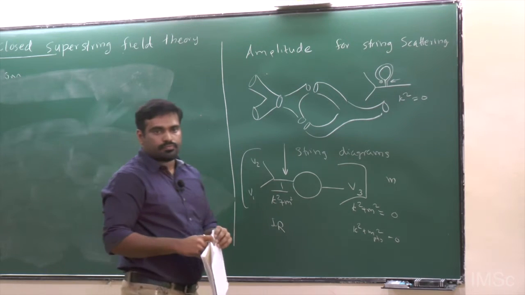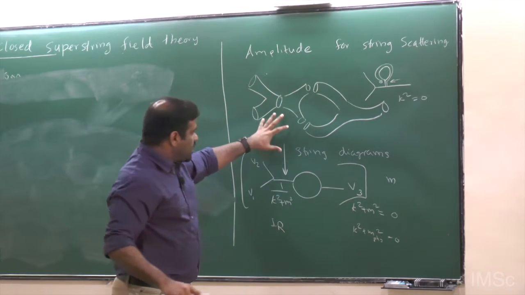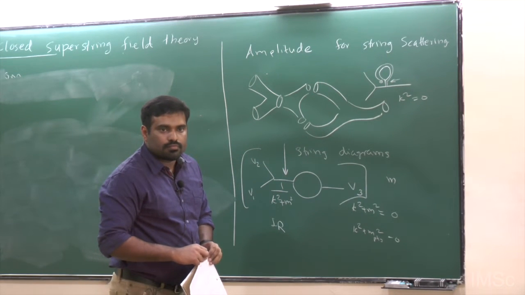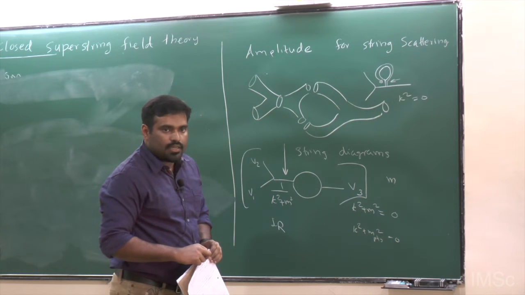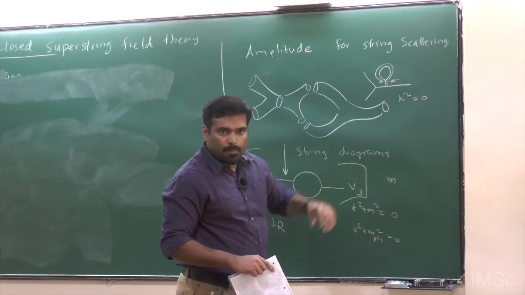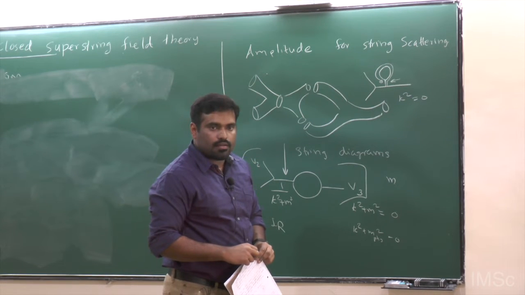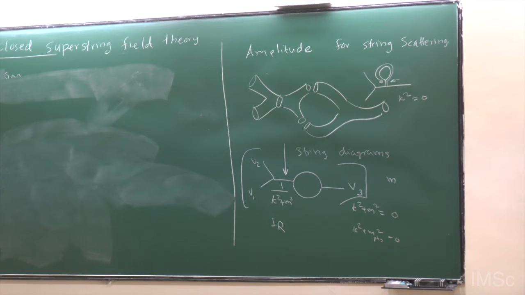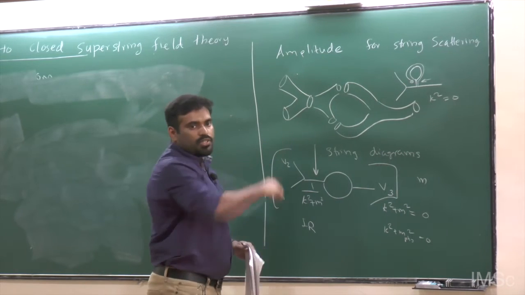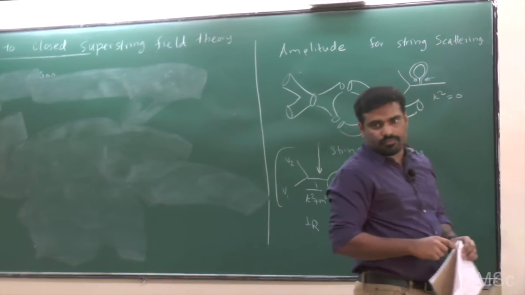Even the fact that you might be able to do it is not clear, right? Yeah, that's true. It's not clear that you can really decompose the string diagrams into pieces that have Feynman diagrams. Yeah, it has a problem, but the problem is there only if you demand the on-shell condition. In this example that you have, you can isolate Feynman diagrams. Right. But in other cases, probably it's not even clear whether it's possible to isolate the limit of various. That is true. So it may not be possible, or at least you don't see a simple way of decomposing the moduli space integration into different Feynman diagrams.